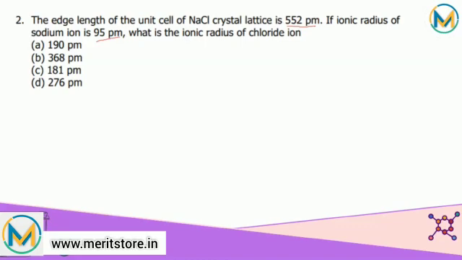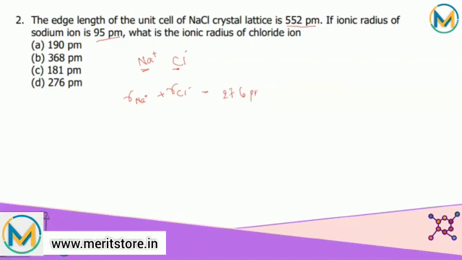Now, in a NaCl crystal, we have Na plus as an ion and Cl minus as another ion. So the distance between the centers of this Na plus and Cl minus ion is given as R of Na plus plus R of Cl minus. That is, the whole edge length is given as